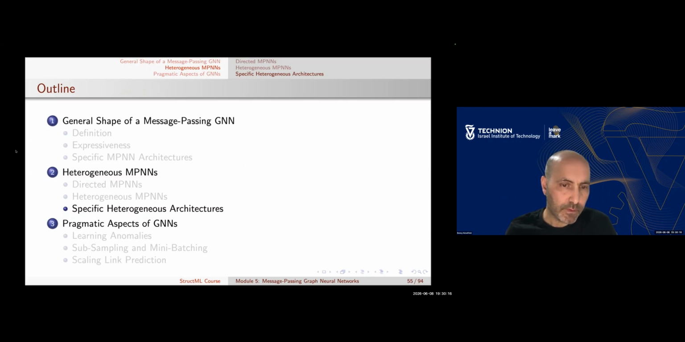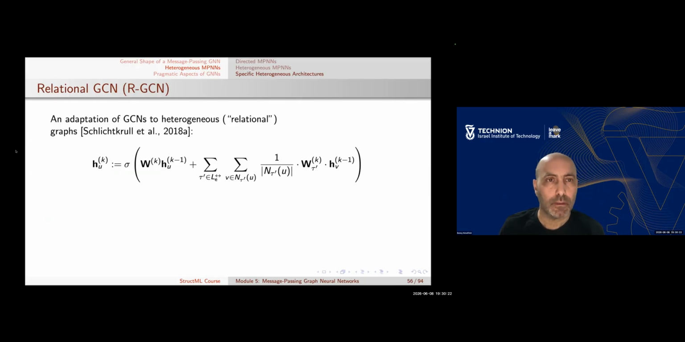Now let's look at some specific heterogeneous MPNNs, and we'll start with the relational graph convolutional networks, RGCNs. Here you can basically see that we are doing what we did in the homogeneous case, but in this case we have a separate summation for every label tau prime in this bidirectional L. For every label, we have a separate summation